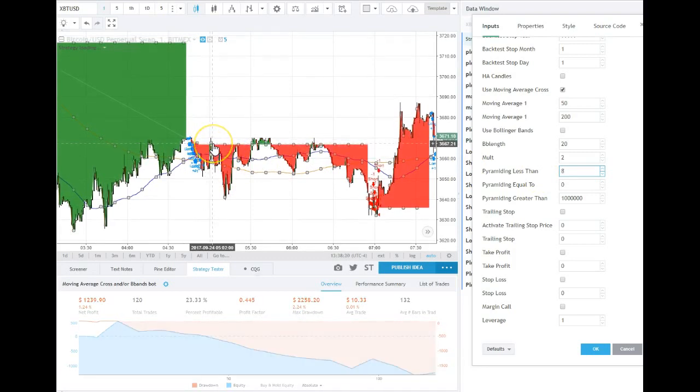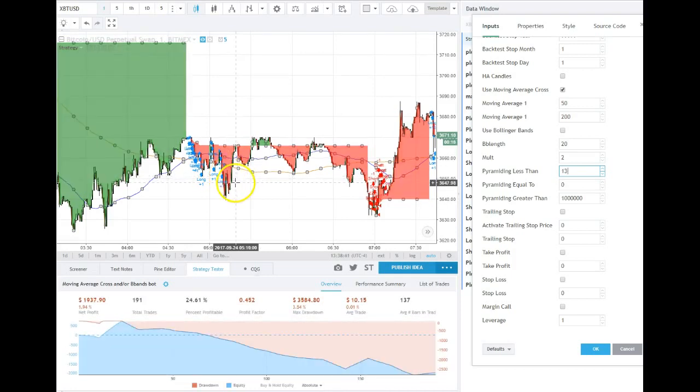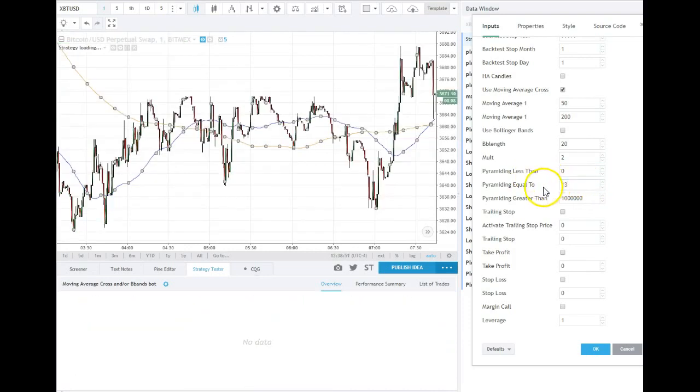This is new as well. So we're kind of bringing down the red. It's getting a lot darker red though. So we're in some orders. We're in the deep. Now as you can see, right, so pyramiding less than, we're up to 13 orders before we do anything. If we use the equal to, so go back to that and then do equal to, you'll see it'll only actually place,